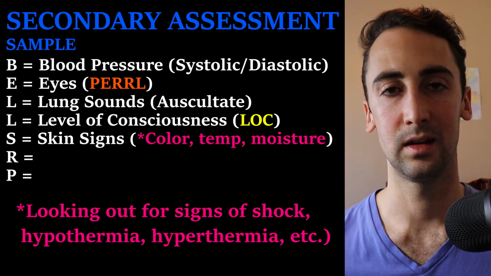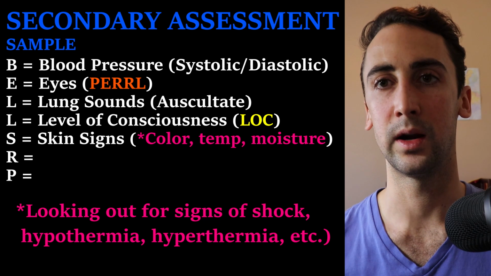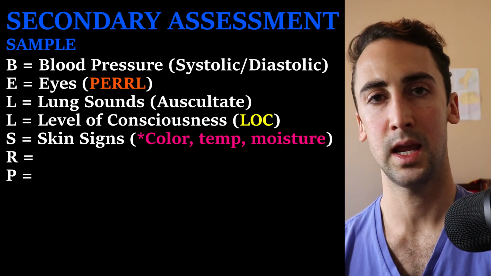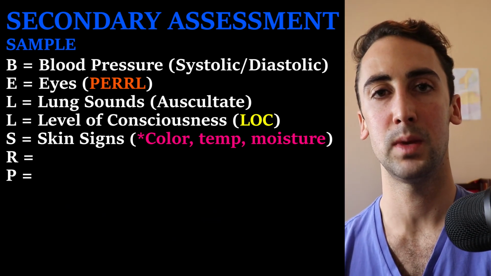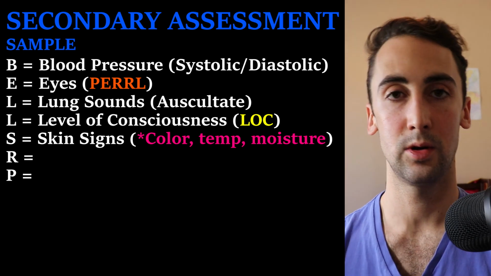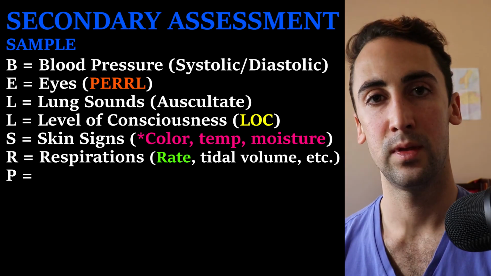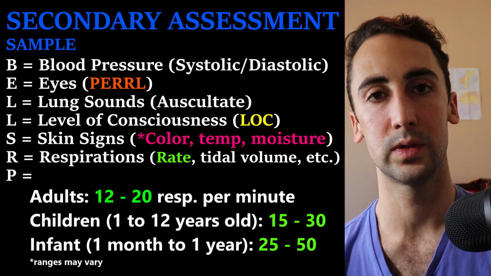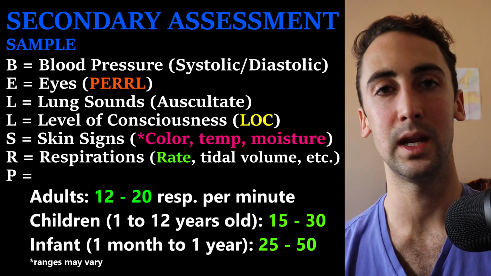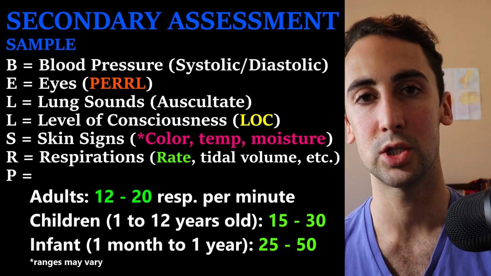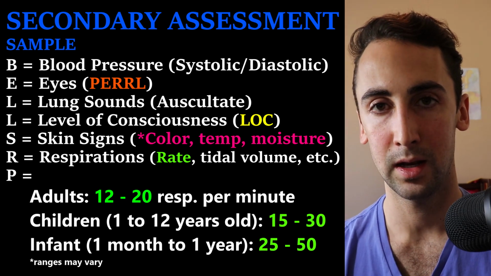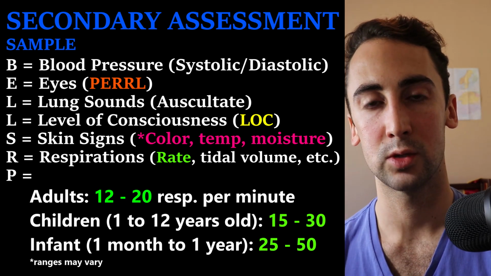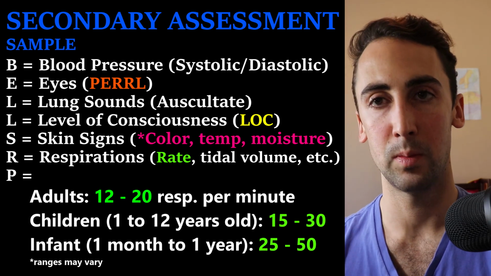Typically we do neck, armpits, and groin area to kind of cool them off a bit. Next in our BELLSRP is going to be our R. This is going to be respirations. For this, we're again looking for that 12 to 20 range for adults. Children and infants are going to breathe faster, so those numbers are going to change a little bit. But let's say we're looking at an adult patient looking for that 12 to 20 respirations per minute mark, and